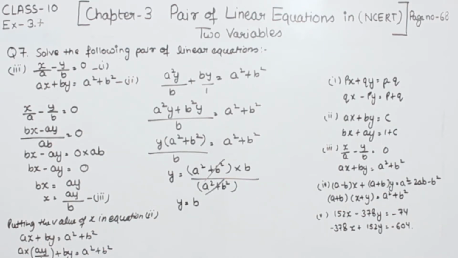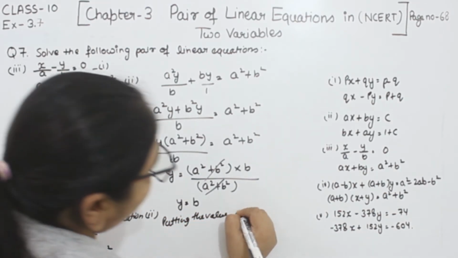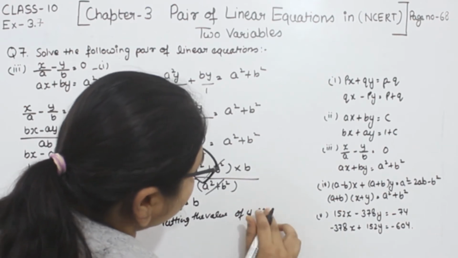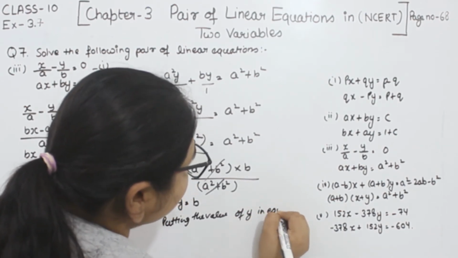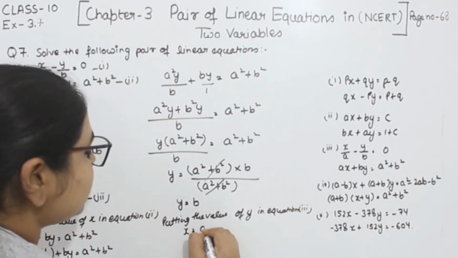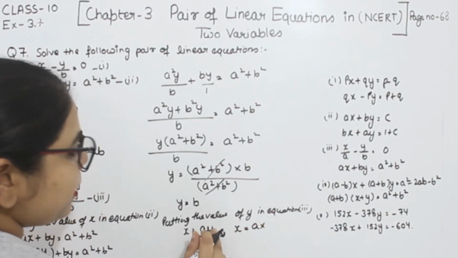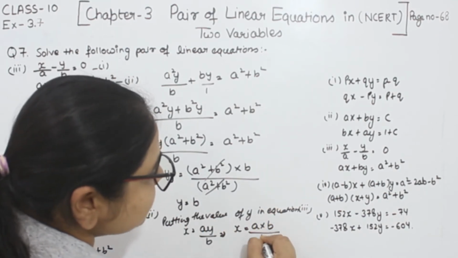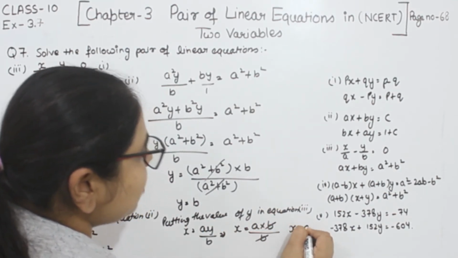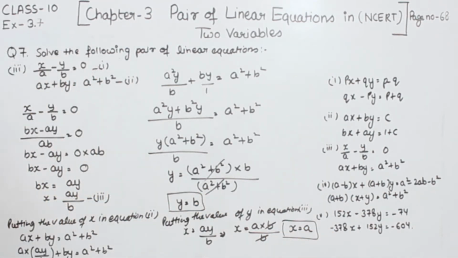Now we have to find the value of x here. So I am going to put this one in the equation number 3. So right here, putting the value of y in equation 3. So equation number 3 we are having x is equal to ay divided by b. Here we are having x as equal to a multiplied by, at the place of y we are going to write here b, and this one is divided by b. b is cancelled from b. So the value of x we are having as equal to a, and value of y we are having as equal to b. So this one we are having is the part 3.